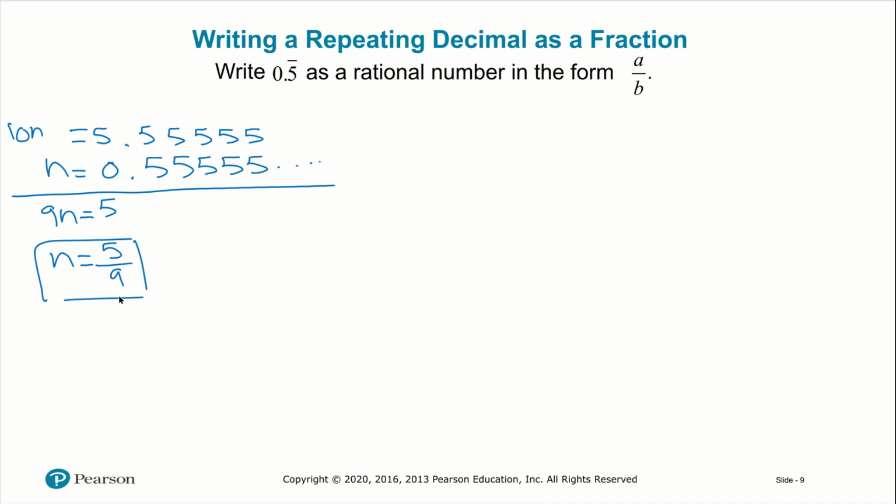Now, this process works in general. If the repeatend appears right after the decimal point, the procedure is simple. You're going to basically want to multiply by a power of 10, which has as many zeros as you have digits that are repeating, right? To be able to accomplish this clever subtraction. So for example, let's say we have